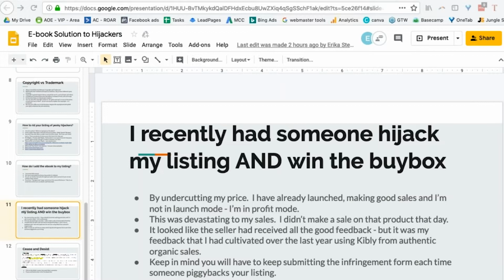So what was worse was that they won the buy box because they were undercutting my price a lot. I'm not in launch phase. I'm in profit phase. I've got my keywords sorted, on top of the searches in most of my keywords. So this was devastating to my sales. I could see that obviously Amazon thought it was going to be a better chance of someone buying that cheaper product than mine. So I really had kind of not had an eye on it as much as I should have. So within about 3 hours from the time that I filled out the form,